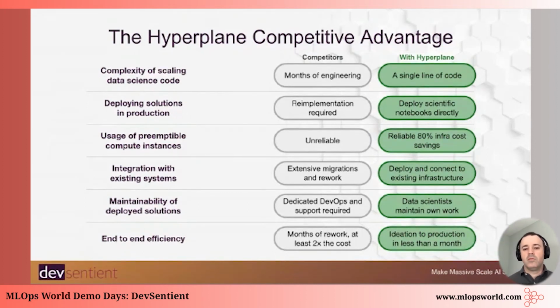And so I think most of us will be familiar with the concept of Spot instances on AWS or preemptible instances on Google Cloud. Those can be 80% cheaper than a persistent instance. And when you're performing large amounts of computation, let's say you're processing 20 terabytes of data every 5 minutes, you have a lot of infrastructure up to do that. And you can, of course, spin it up very easily through Hyperplane. But another benefit that Hyperplane provides is, by default, it will use Spot infrastructure for the worker nodes, which means you incur a significant amount of infrastructure savings.